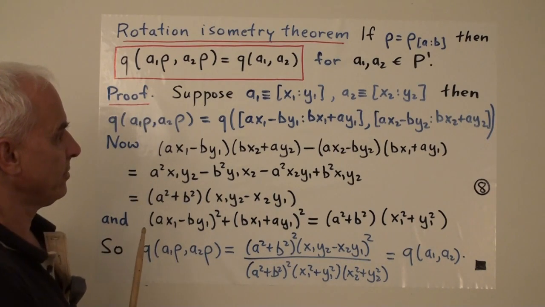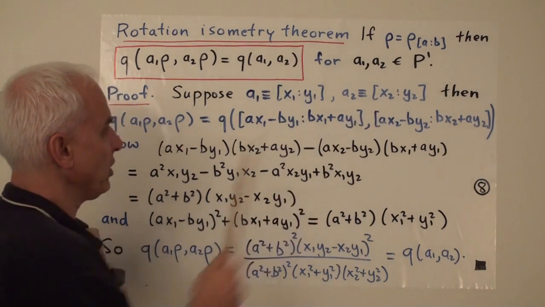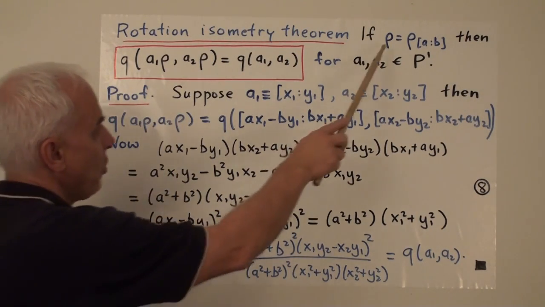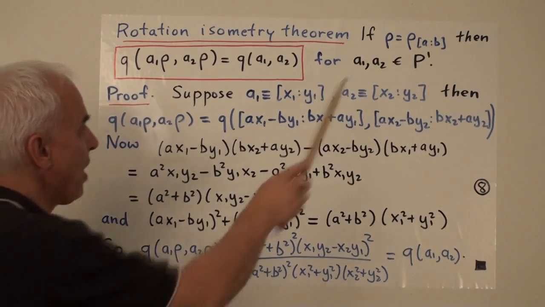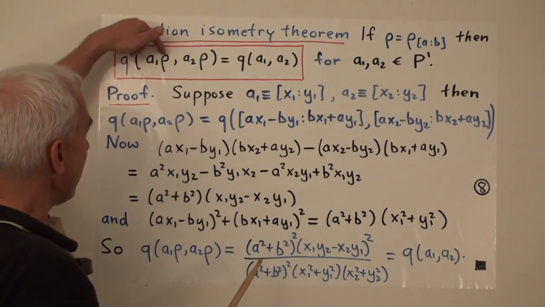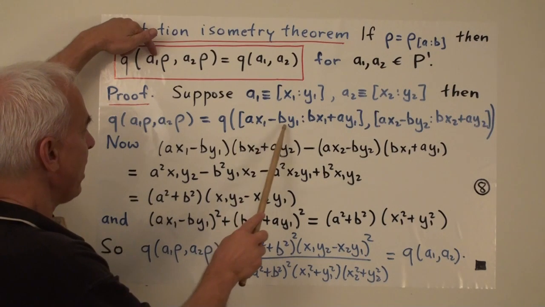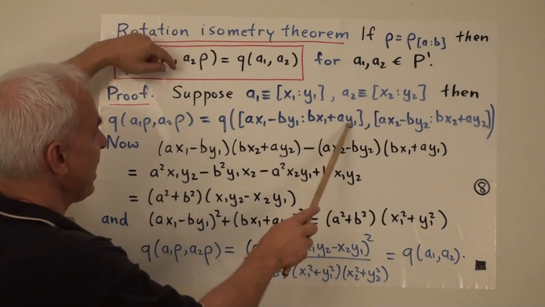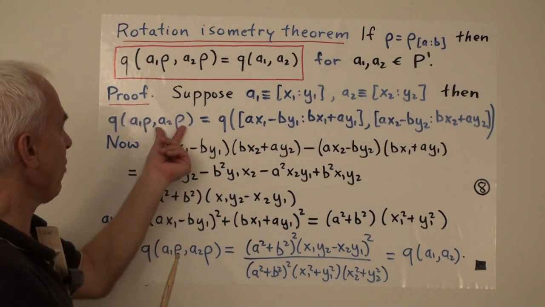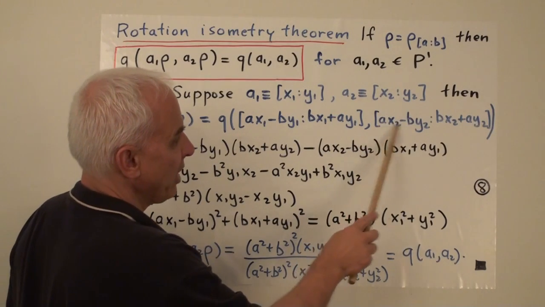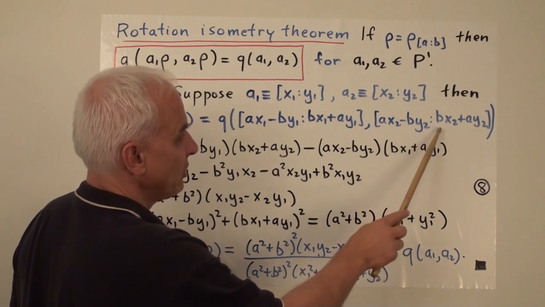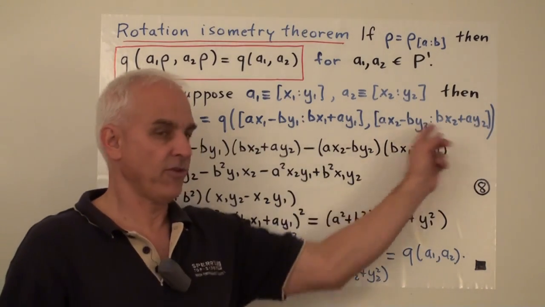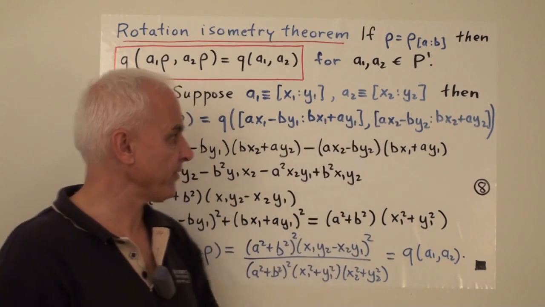Okay, we want to prove this. So we introduce A1 and A2 as we usually do, and we write down this side here. Rho is just rho of A to B. So we know how to evaluate A1 times rho. This is AX1 minus BY1. There are the two entries. And then BX1 plus AY1. And the way rho acts on A2, that multiplication there is the same kind of thing. AX2 minus BY2 and BX2 plus AY2. So we are asked to take the quadrance between these two projective 1 points.